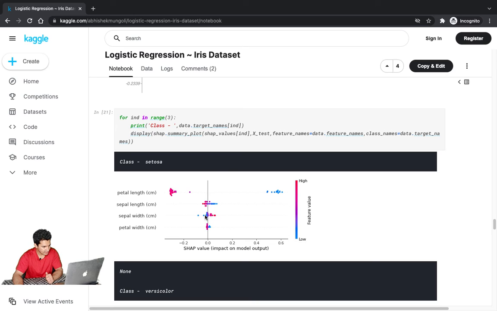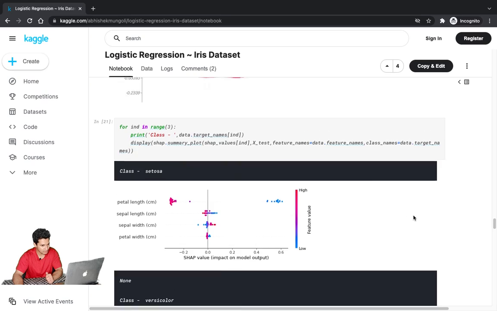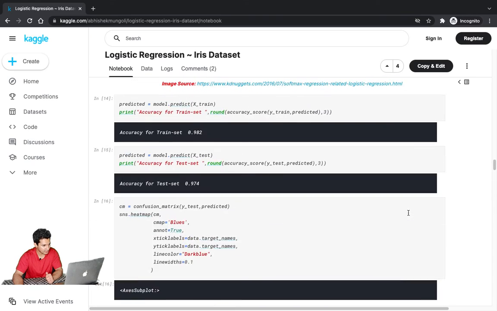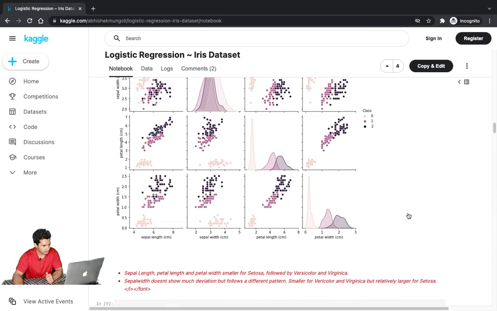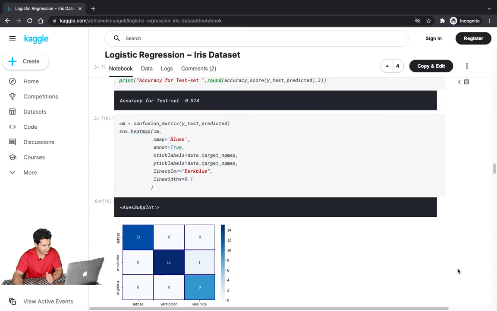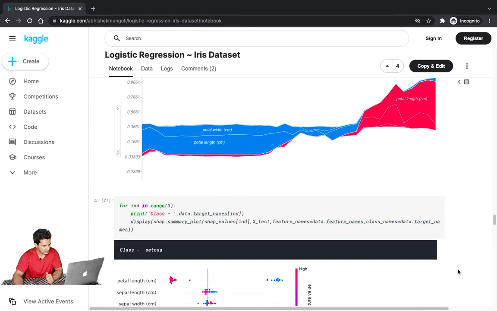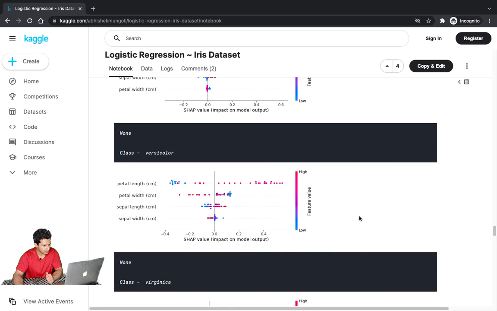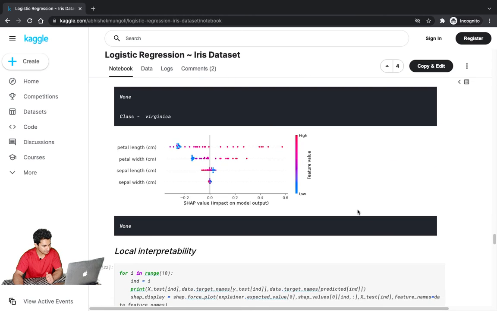But the trend reverses for sepal width. High sepal width has positive contribution and low sepal width has negative contribution. Let's look at sepal width and verify that. If you look at sepal width, it's higher for Setosa, but all other features are actually lower for Setosa. That is clearly coming out in the summary plot. And similarly, we can look for Versicolor and Virginica.